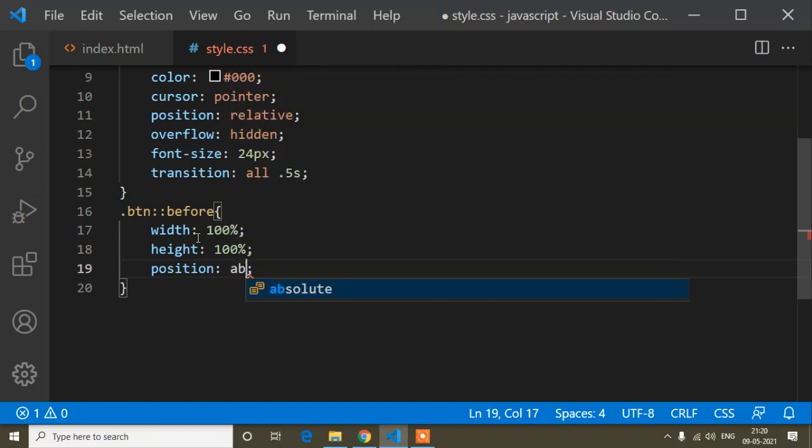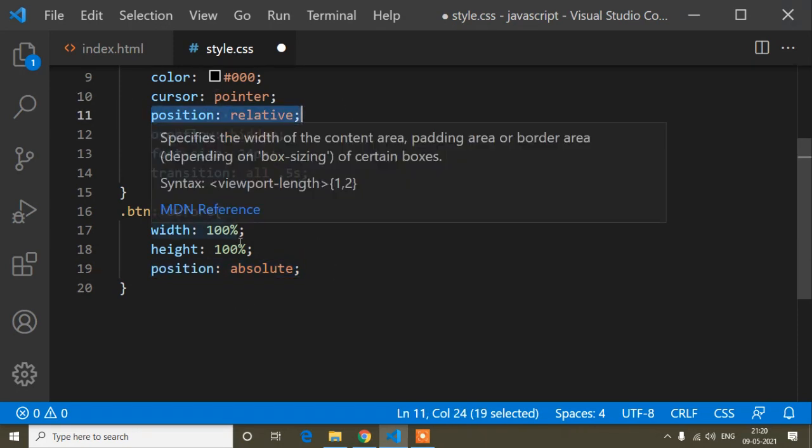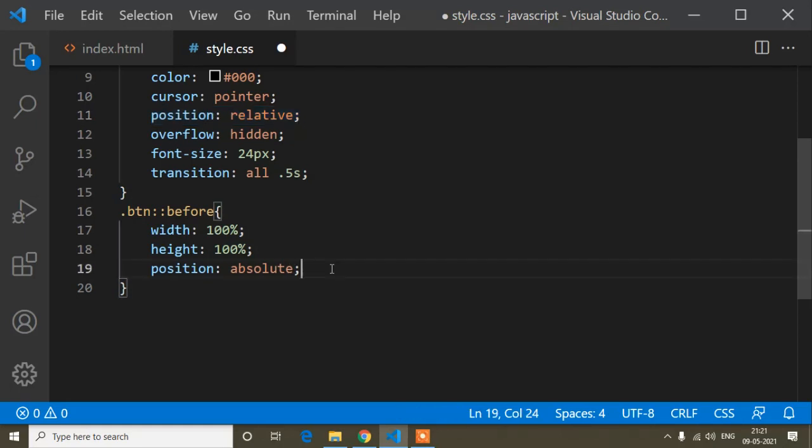Position is absolute. I told you that the overlay will be added above this button, so when I add CSS for this overlay I add position absolute, and the button is position relative, because I will add the overlay on this button.